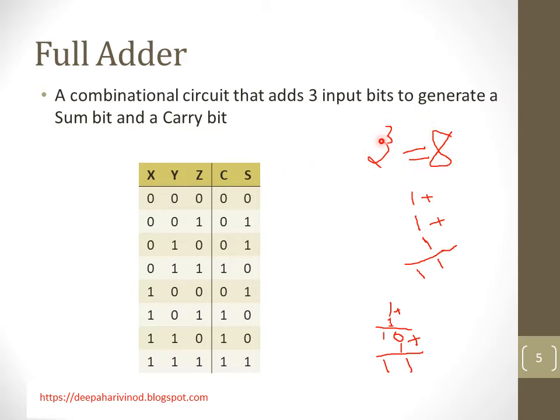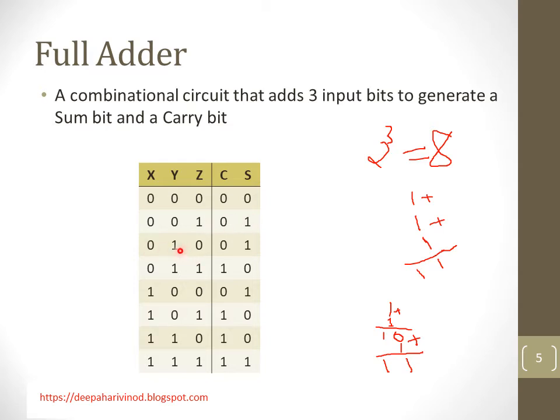So 8 different combinations means the combinations start from 0 0 0 and go until 1 1 1. In the same way, how do we get the carry out as well as the sum? How can we write the truth table? For example, starting from the combination 0 0 0, if we add all of this together, we will get both outputs as 0. In the second combination, 0 plus 0 is 0, and 0 added with this one, so we will have sum as 1 and carry as 0.